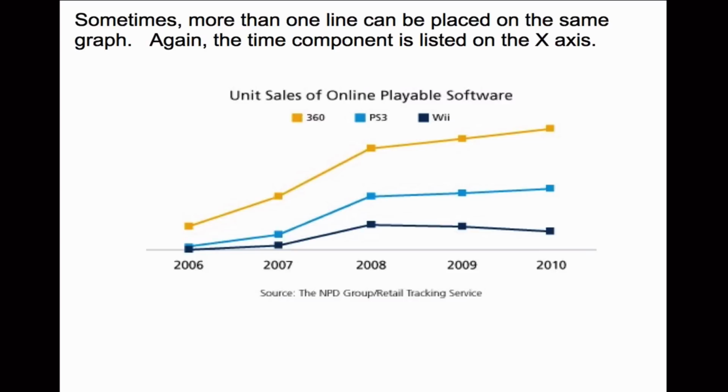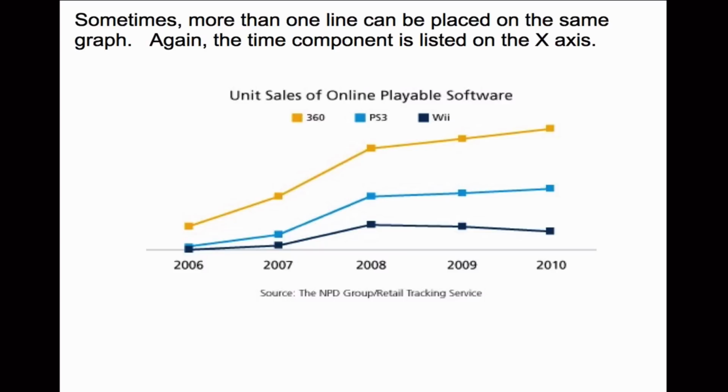But sometimes more than one line can be placed on the same graph, and so you have to do a little more digging to figure out exactly what's going on here. So this graph has 3 lines on it, and this shows the sales of 360 games versus PS3 games versus